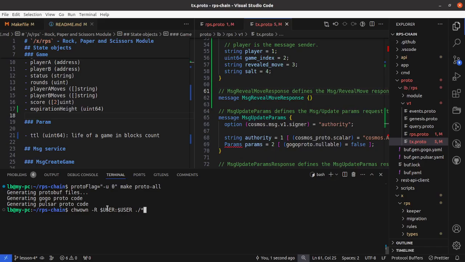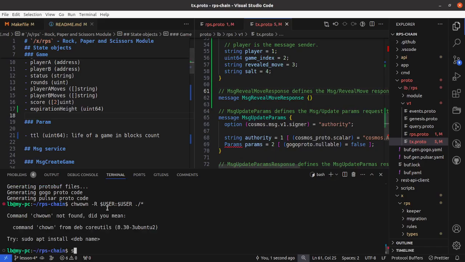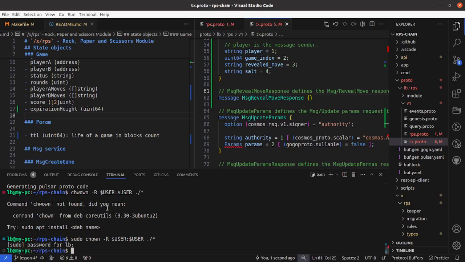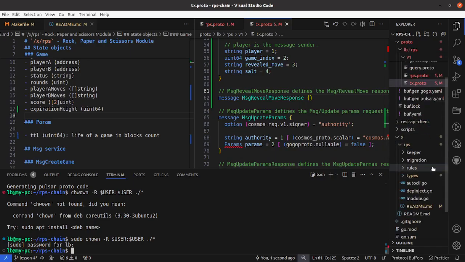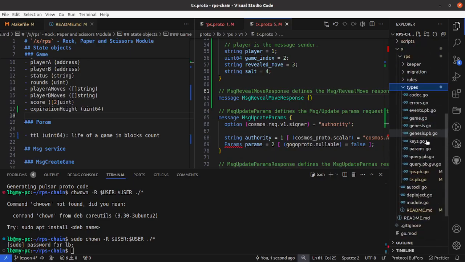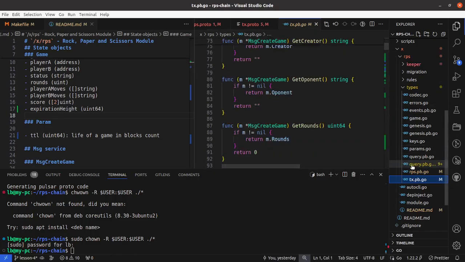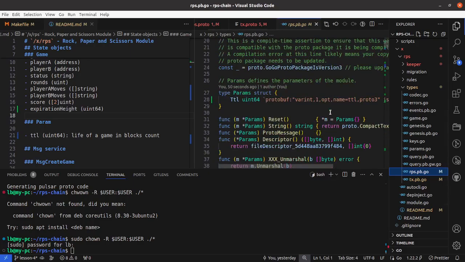Everything in this folder is going to be changed, ownership, and sudo. And that will do. And if we check now in our types, we should have these new parameters and this new